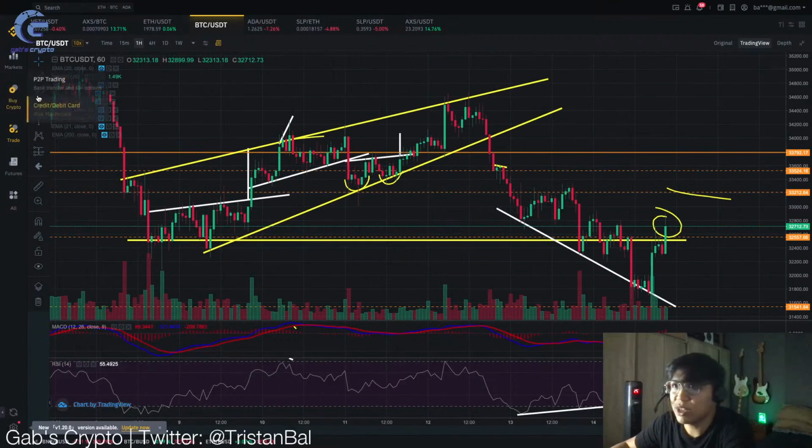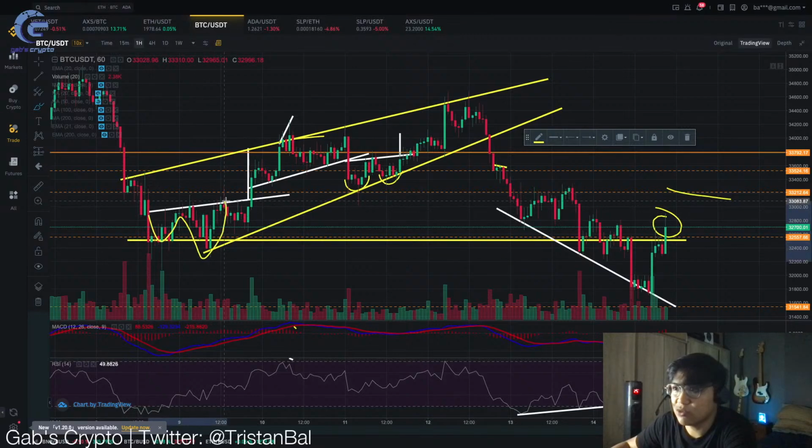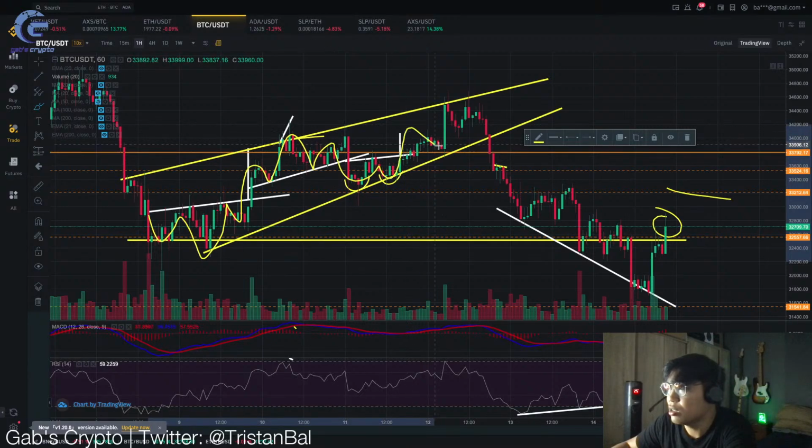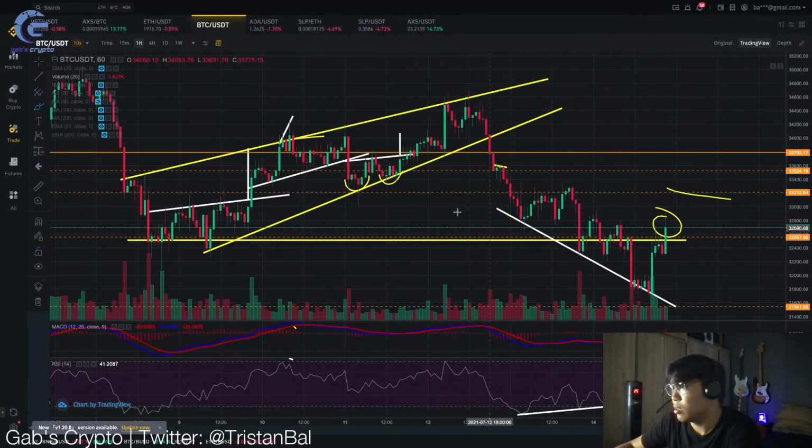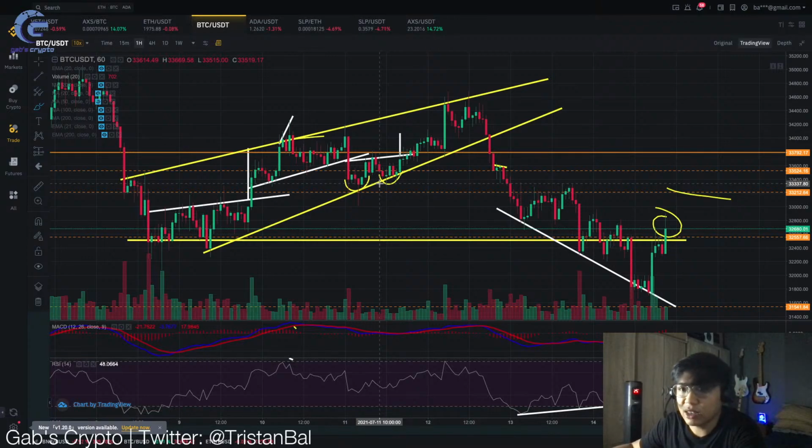And tingnan nyo to guys, we have been actually predicting the price movements exactly as predicted for the past few weeks. So, ayun na, nakukuha natin yung mga pump and dump actions, nakukuha natin yung mga price actions natin exactly as predicted. So, tandaan nyo, mas maganda na maging gamay muna kayo sa technical analysis before entering into any futures movement.